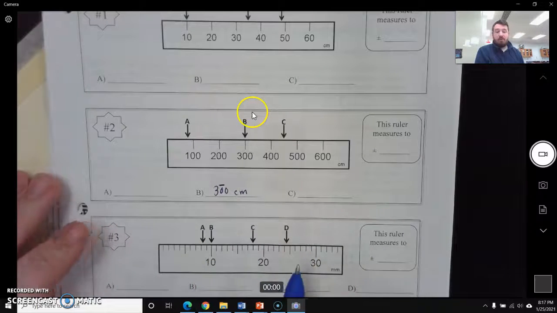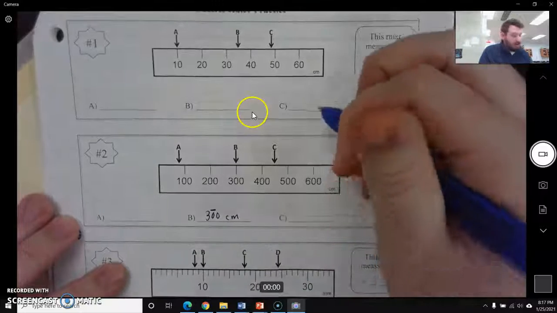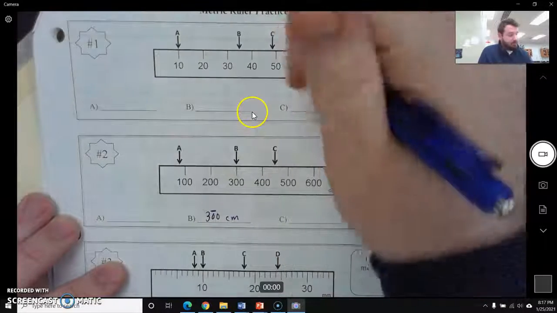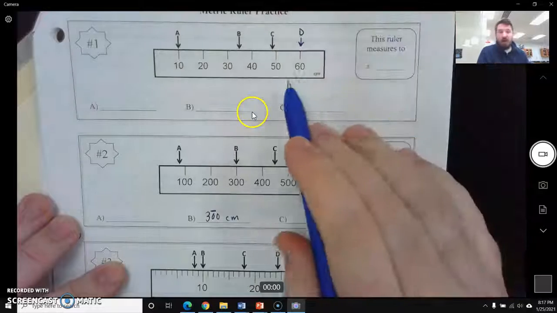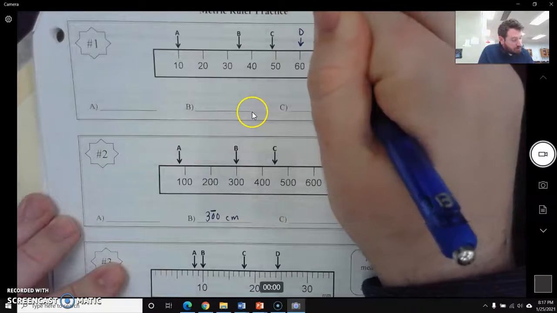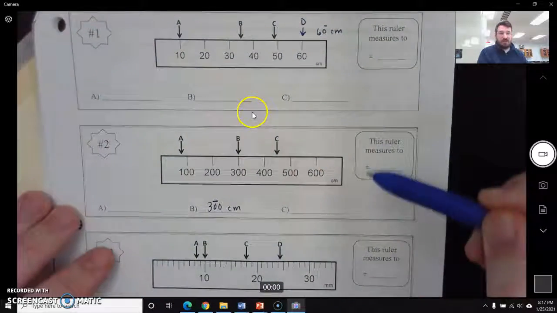Okay. If we had something, so let's say we had another letter that came to right here, maybe this was D. This would be 60 with a line over it, centimeters, because we have to estimate to the ones place. So finish this, and then